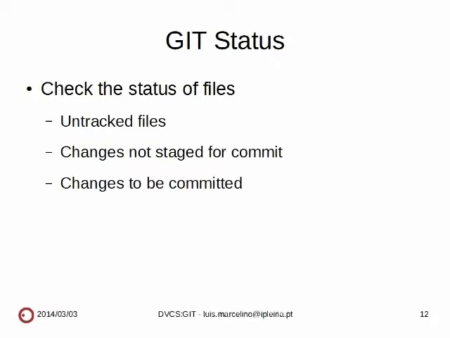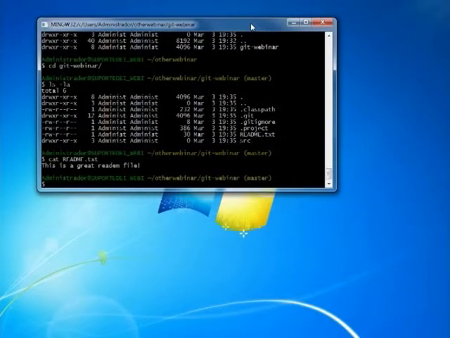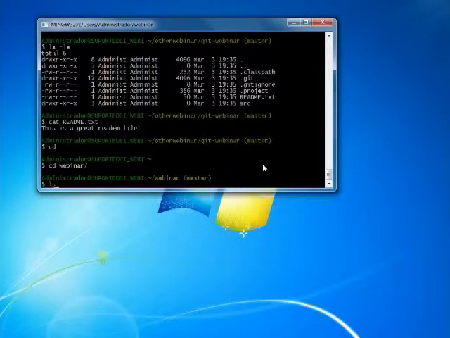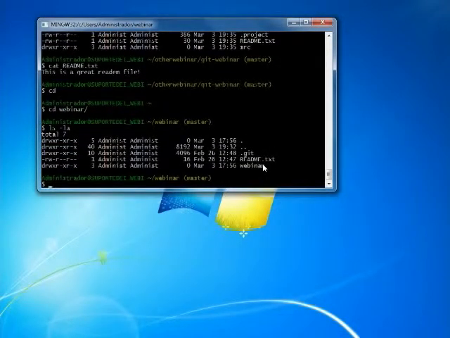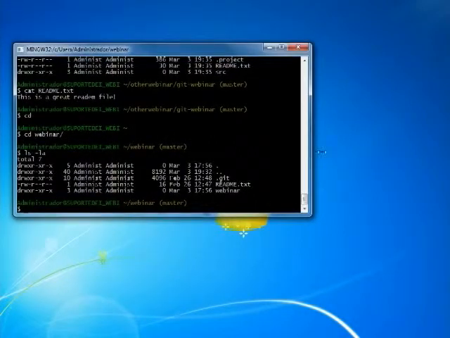Now that I've done all this stuff, and you say, well, he's committing things, he's changing places in the file system, how do I know if things are going well or if things are catastrophically wrong? So let's go back to my previous directory. Basically it's the same, but I'm just going to cd webinar. Git also has some commands to check the status of your files. Let's try to make this larger. This is what I mean by better shells on Mac than on Windows. Cannot make it larger. So I'm going to use git status,